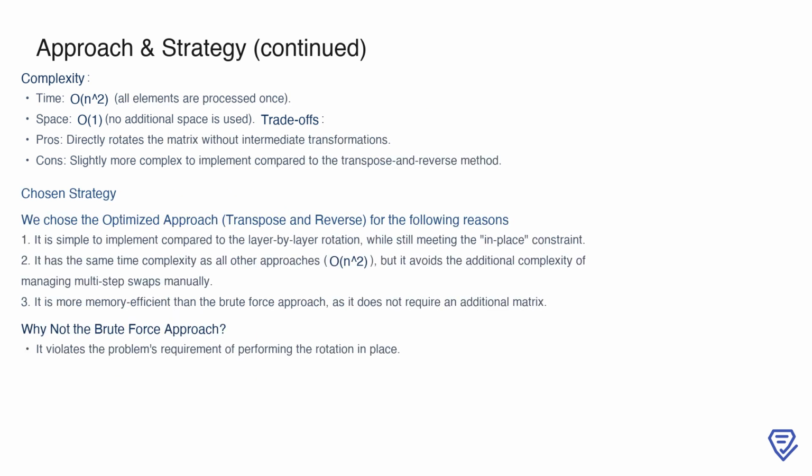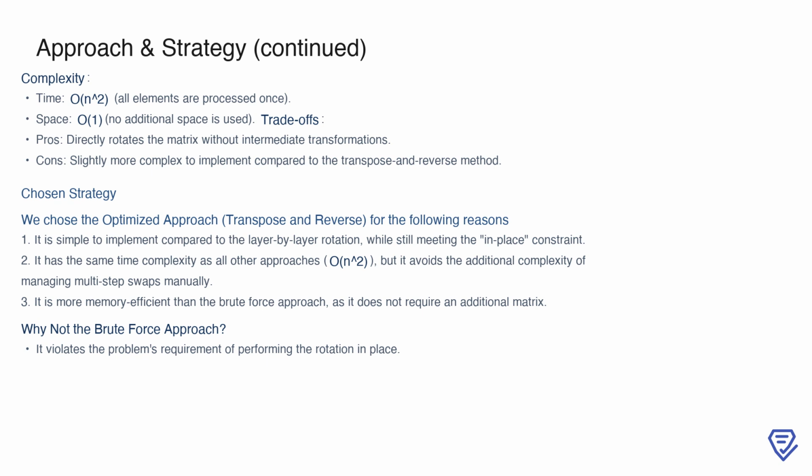The layer-by-layer rotation method, like the transpose and reverse approach, processes all elements of the matrix once, resulting in a time complexity of O(n squared). Its space complexity is also O(1), since it operates directly on the input matrix without requiring extra memory. However, it has notable trade-offs. While it directly rotates the matrix without intermediate transformations, it involves a more complex implementation. Managing the multi-step swaps for each layer, especially when dealing with the inner layers, can make the code harder to